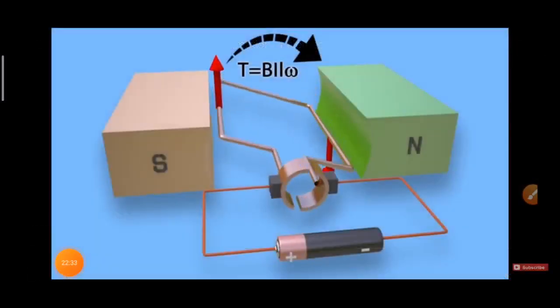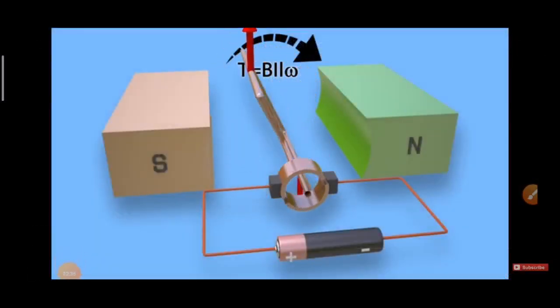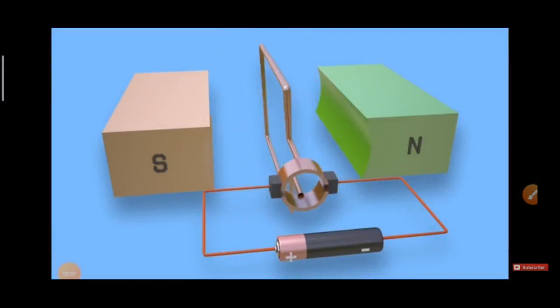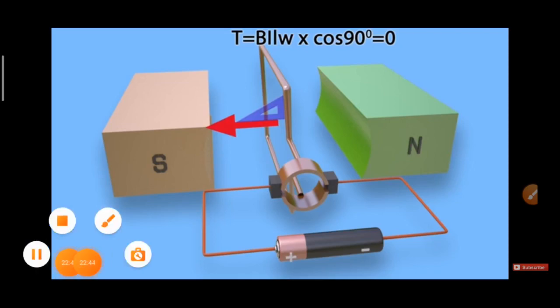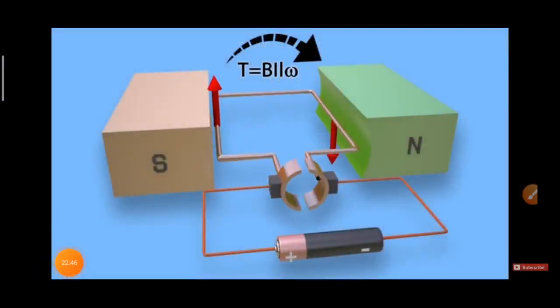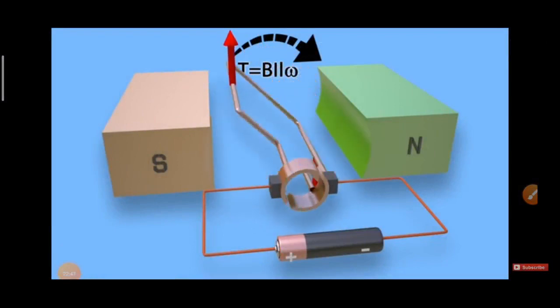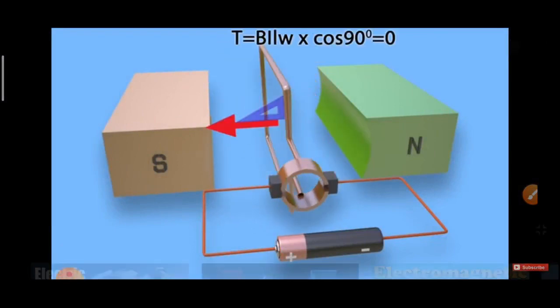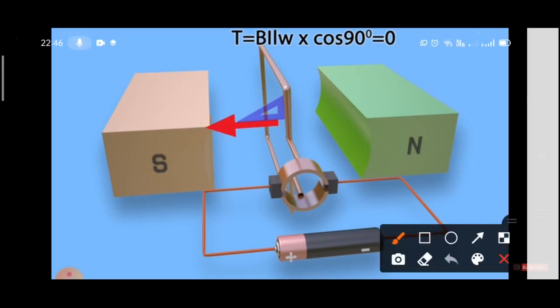It rotates in this way. But now see it carefully, one by one, what is actually happening. When the coil is in this position, in this way it rotates. Now at this position, you can see, there is no current flowing at this point because there is a gap between